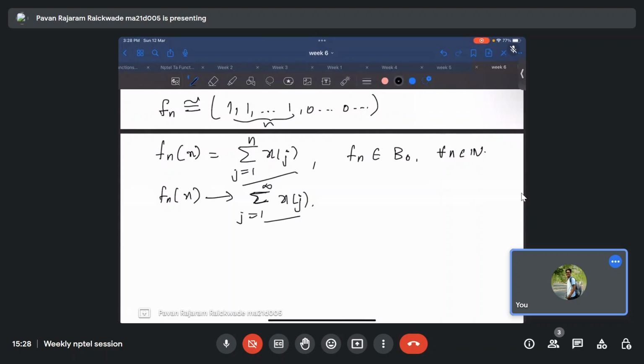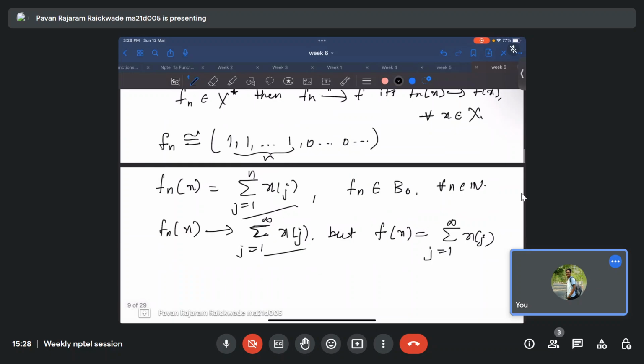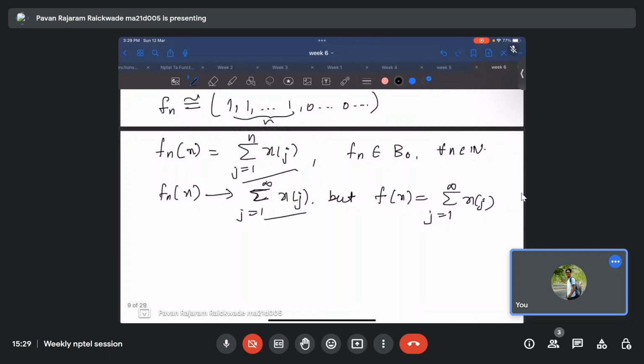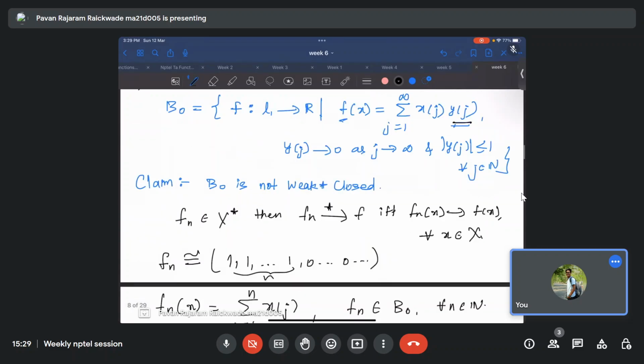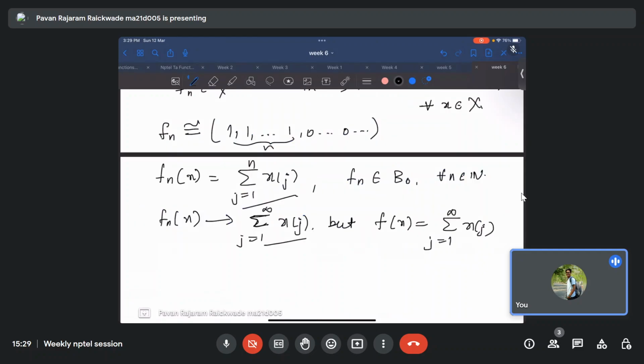But f defined as f at x equals the summation, and this belongs to L1 dash actually now. The problem is,